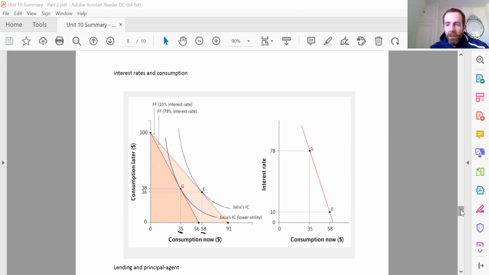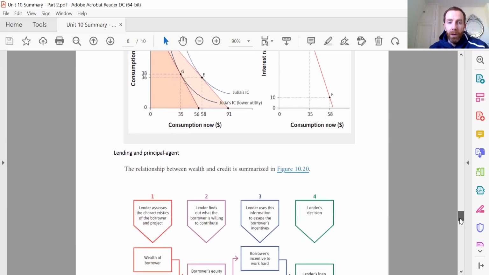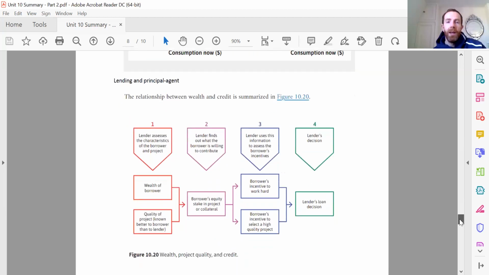Okay, so the second last thing is this idea that the lending decision of a bank, or of anybody, is another example of a principal agent problem. Why a principal agent problem? Well, if we think about a bank as the principal, the one who is lending the money out, and